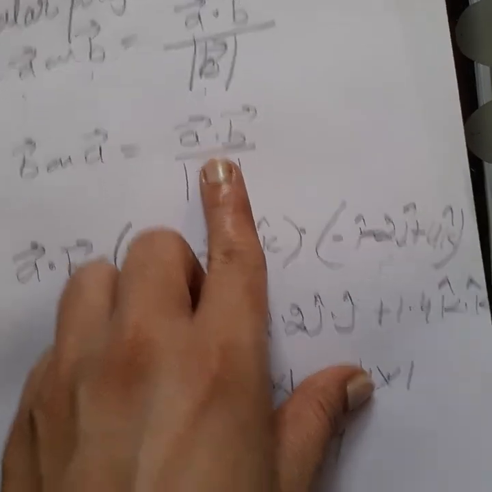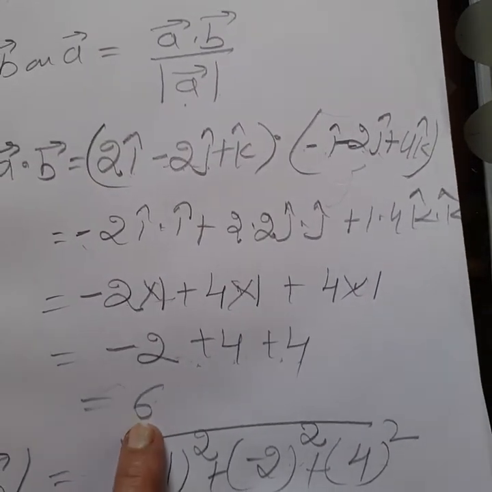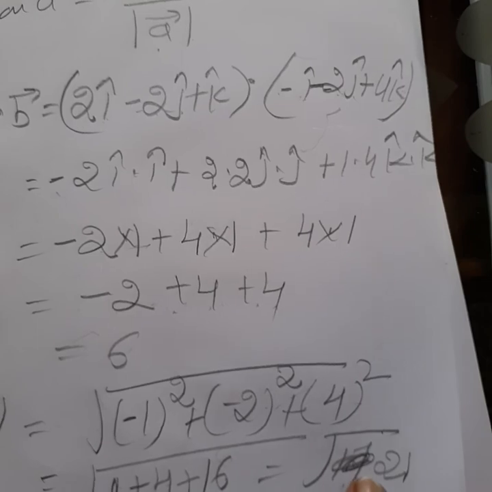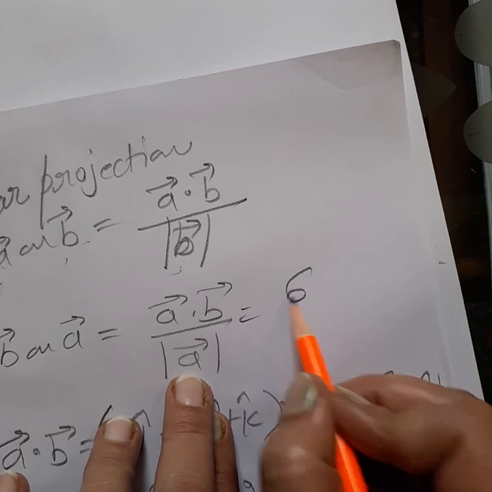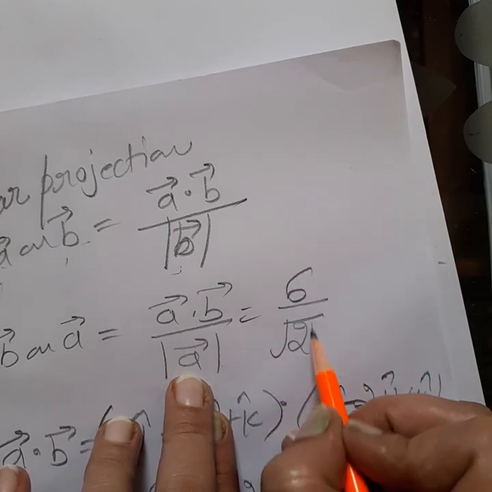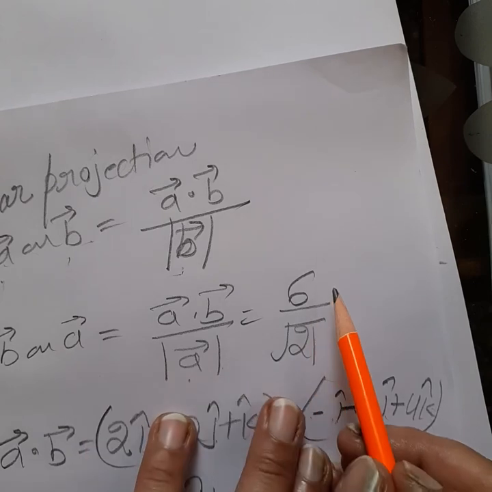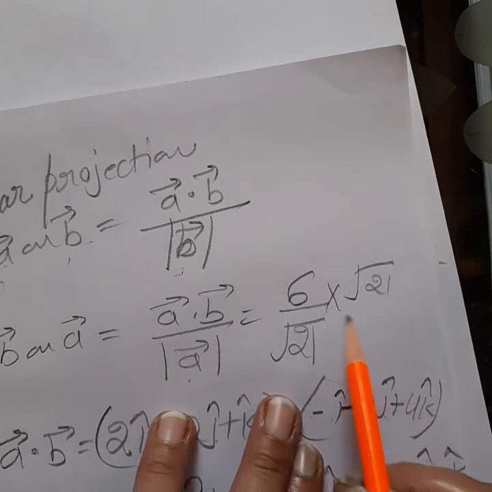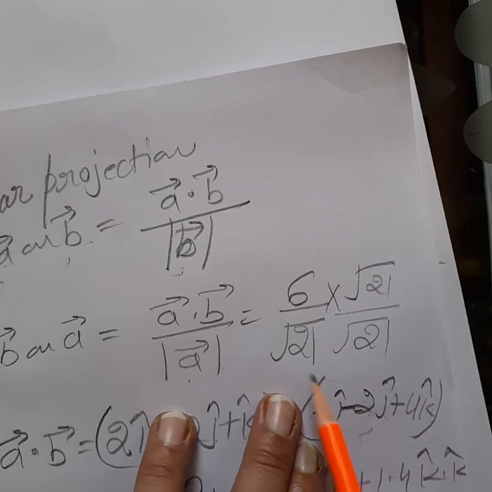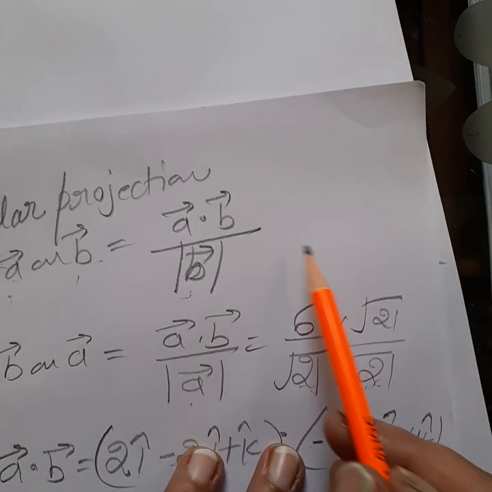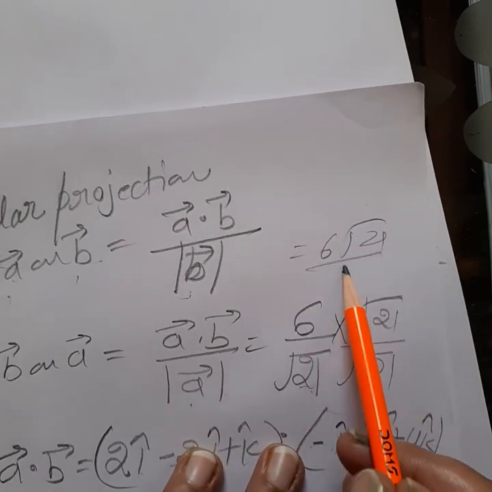What is our formula? So students, I put it here directly. We get the value of A vector dot B vector is 6 and this is the square root of 21. And we get our answer 6 upon square root of 21. In this way we get our answer. So students, you can rationalize it if you want to check your answer in the MCQ questions, because sometimes we do not have the square root in the denominator in the options. Then you can rationalize it and you get 6 root 21 upon 21.